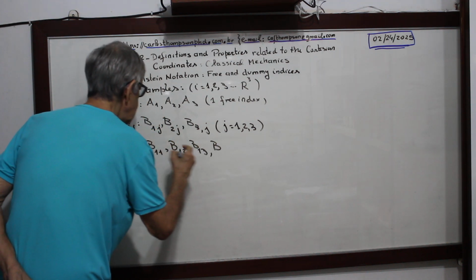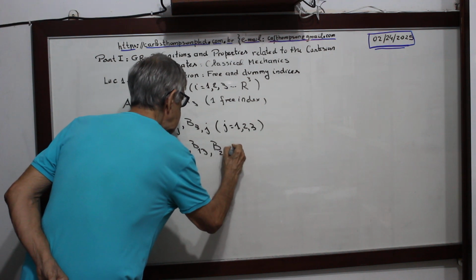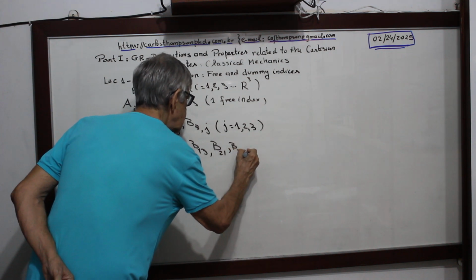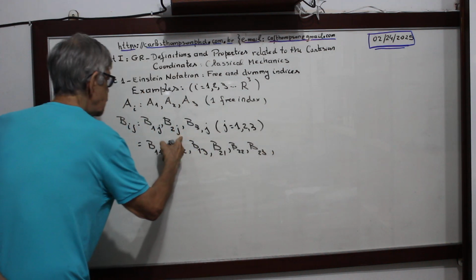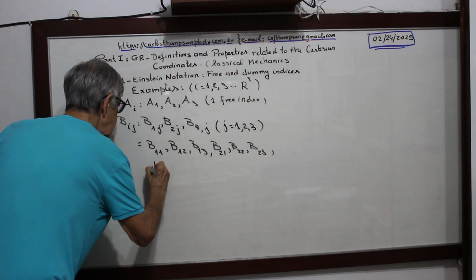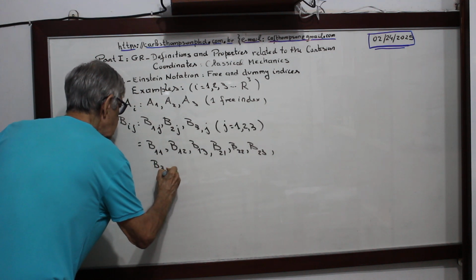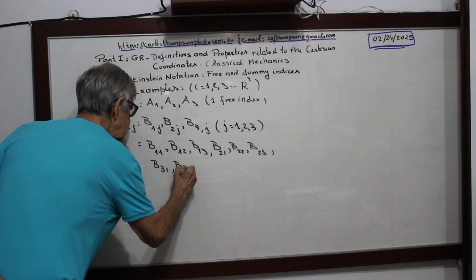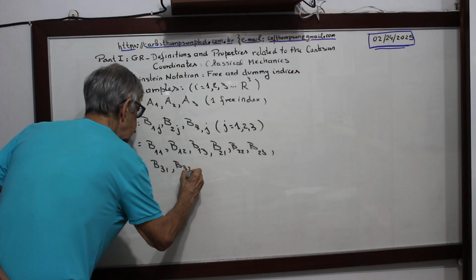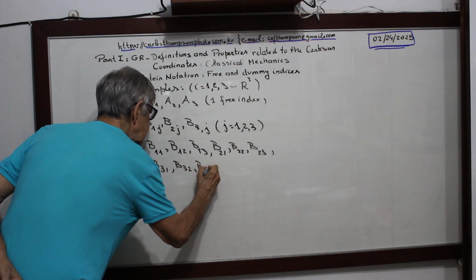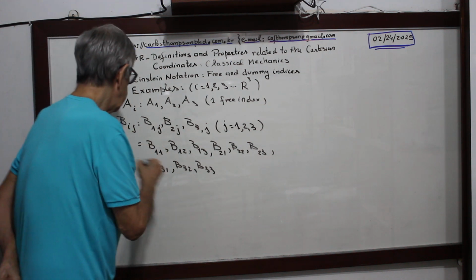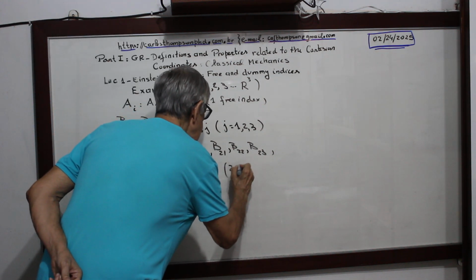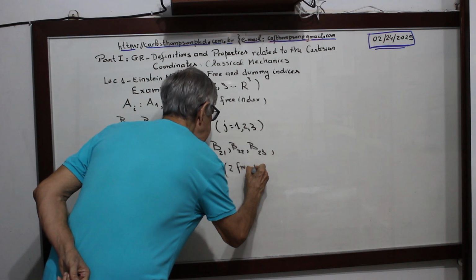Now j equal 3: B_31, B_32, B_33. So this has two free